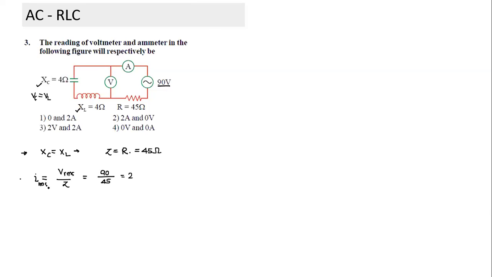And this will be RMS value. So every time you have to remember, whenever I have to find ammeter reading, I have to make sure I'm calculating RMS value of current. And sometimes we look at the peak value and now we have to convert into RMS. So this is a very simple question. Easily you could have found the answer without any calculation. So first we need to make sure these kind of things we understand well.